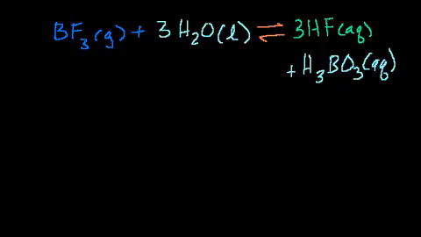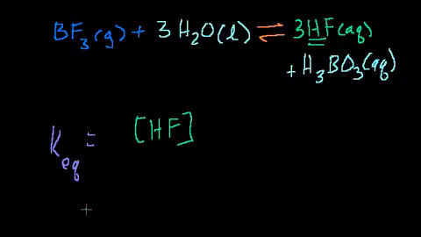So you might be tempted to say, okay, that's easy enough, Sal. You just take the equilibrium constant. You just take the right hand side. That's just the convention. I could have, because there's symmetry here, I could have rewritten it either way. But let's just say you take the right hand side. And say, okay, this is dependent on the concentration of the hydrofluoric acid, the concentration of the HF, or the molarity of the HF, to the 3rd power, times the concentration of the boric acid,